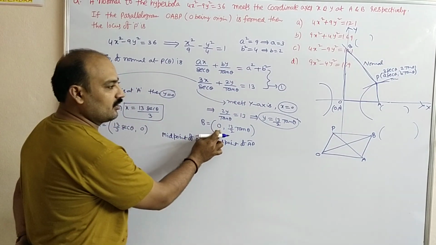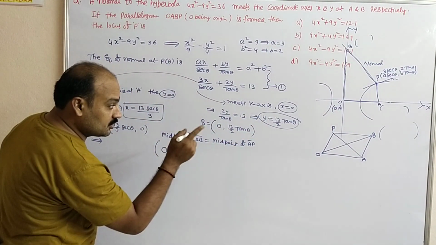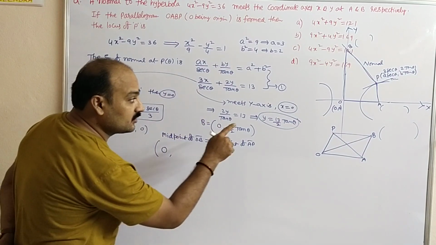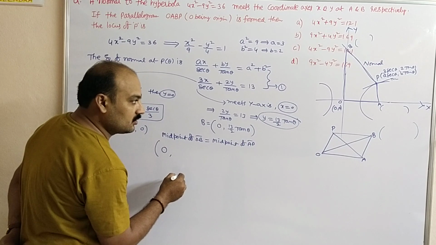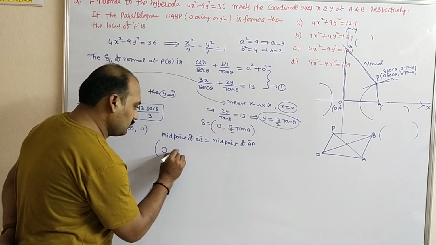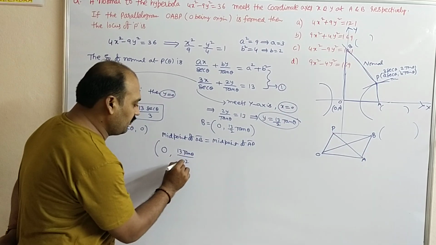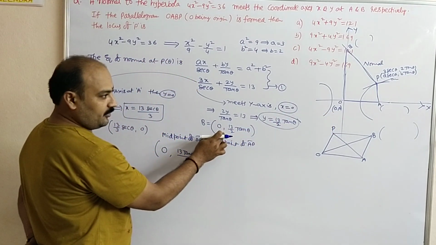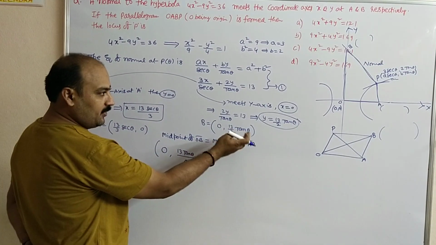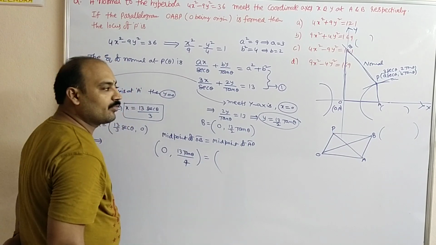So 0 plus 0, 0 plus 0. Next, 13 by 2 tan theta, so 13 tan theta by 2 by 2. That means 13 by 4 tan theta. Midpoint of O and B: 13 by 2 tan theta plus 0 by 2 means 13 by 4 tan theta, which is equal to